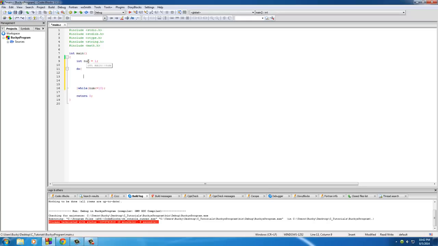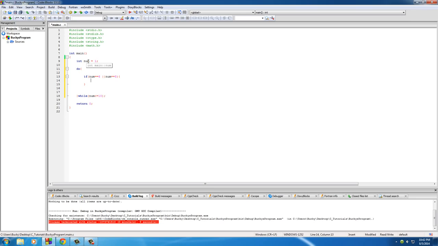Okay, so the first thing we need is a condition of when to continue, because that's the tutorial. So let's pretend that the numbers 6 and 8 are already taken. So if num equals 6 or, with two pipe signs, num equals 8,